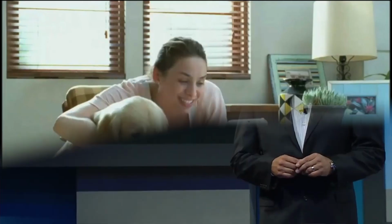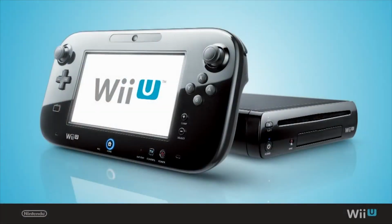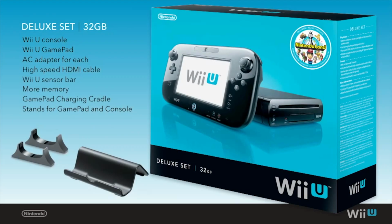It wasn't until 2012 when we would see all of the finalized details for Nintendo's next console. The Wii U was released in the United States on November 18, 2012. There were two versions of the Wii U. The basic set, which included a white console and white gamepad controller with 8 GB of storage, and the deluxe set, which included a black console and black gamepad controller with 32 GB of storage and a pack-in title called